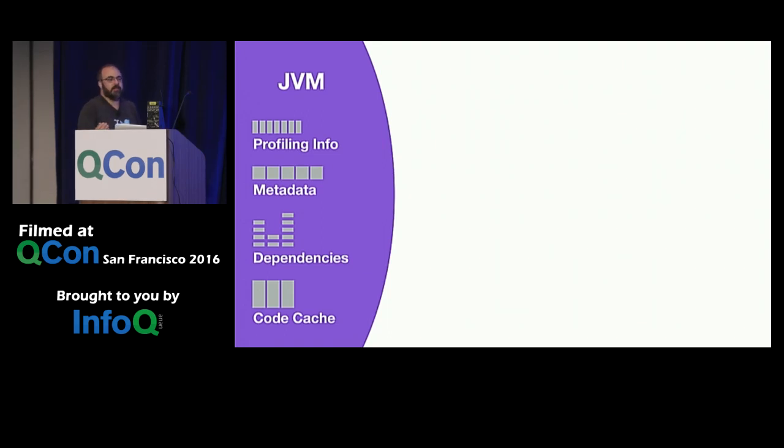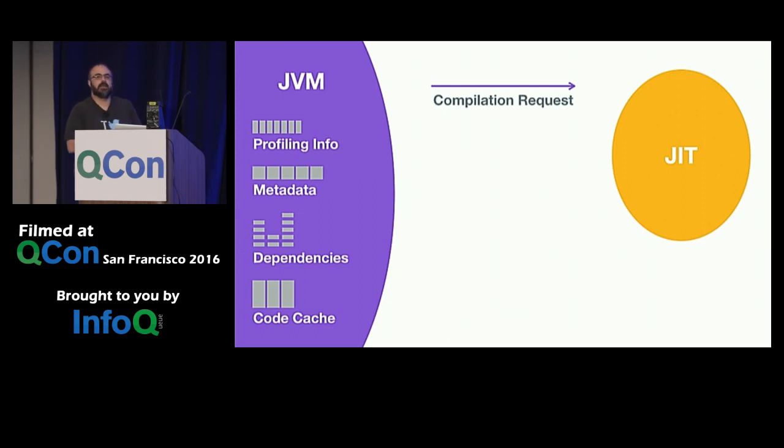So when the VM notices that a particular method is hot, it tells the JIT, can you please compile this? The way it does that, it usually just adds it to a queue that the compiler looks at every time it finishes a compilation. So the JIT starts compiling the method, and it has to request a lot of information from the VM while it's compiling. The information includes: give me the bytecodes; give me the signature of that method that is being called; give me the bytecodes of that method, maybe because it wants to inline it; signatures of fields; layout of objects, because the VM ultimately decides what the object layout is going to be, etc.